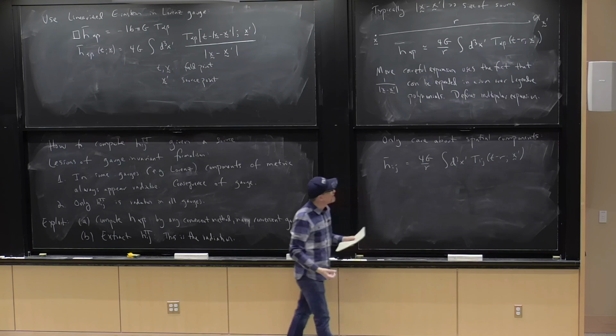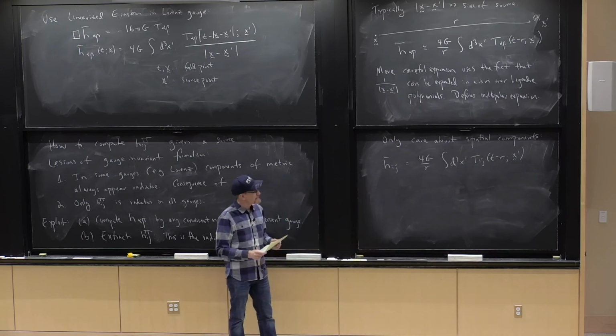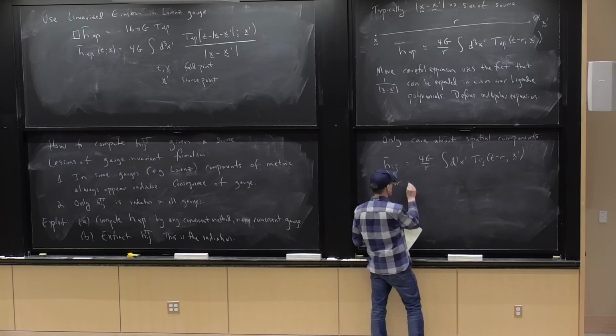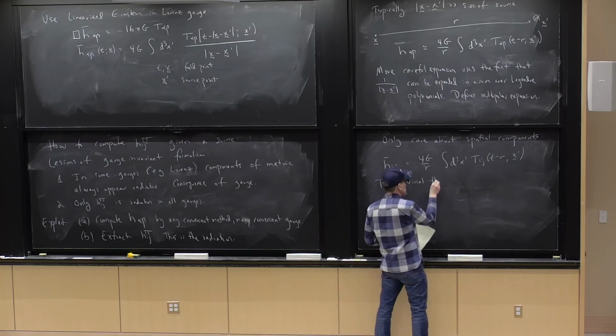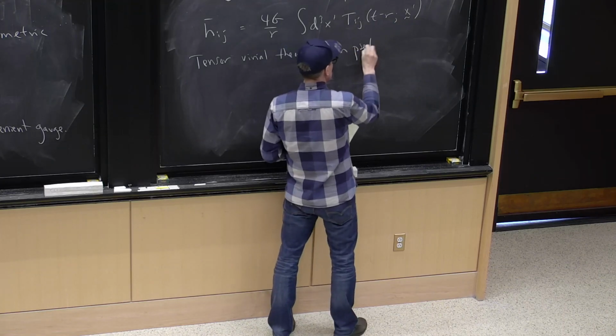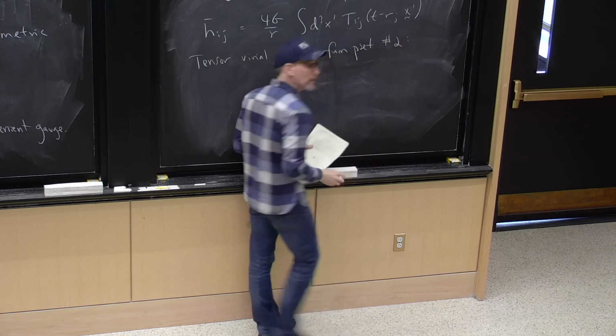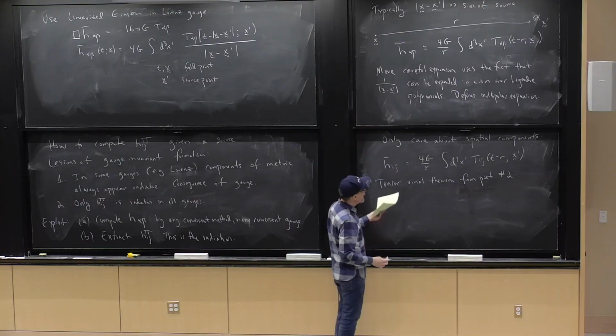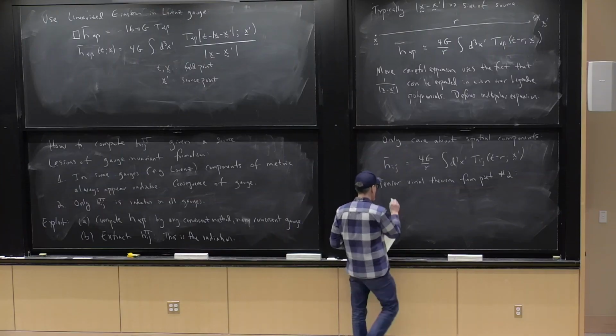Okay, so I now have something that involves the integral of the spatial pieces of the stress energy tensor over my source. And now I'm going to take advantage of an Easter egg that was hidden in an early problem set. Back on problem set 2, I asked you to prove a result that I called the Tensor Virial theorem. One of the reasons why I assigned that was that I knew I was going to need it in this lecture. And what the Tensor Virial theorem told us is that if I integrate that,